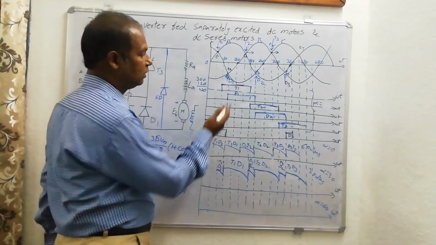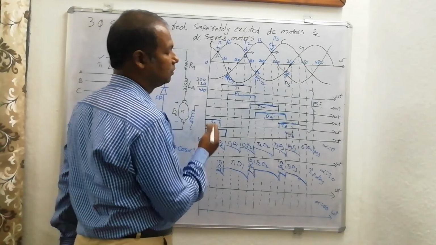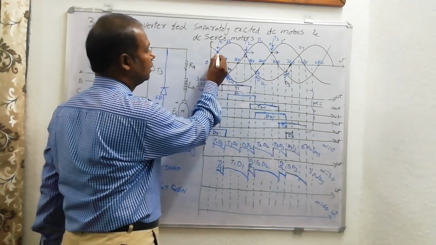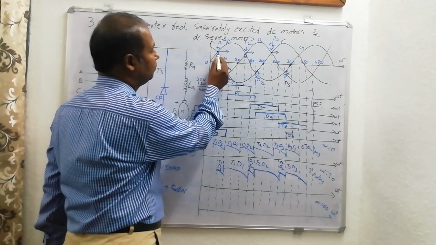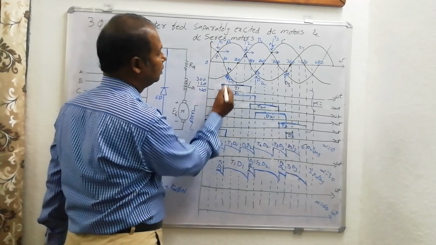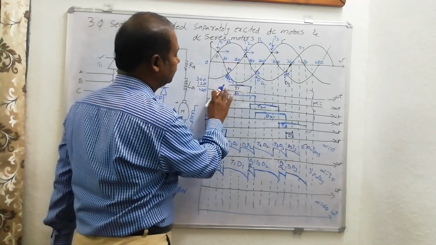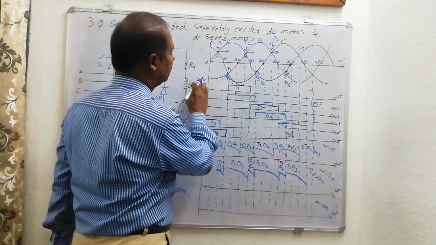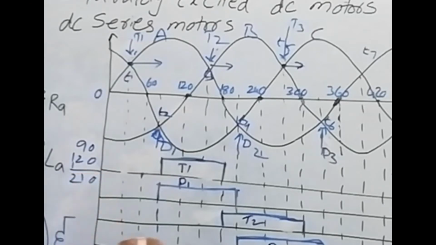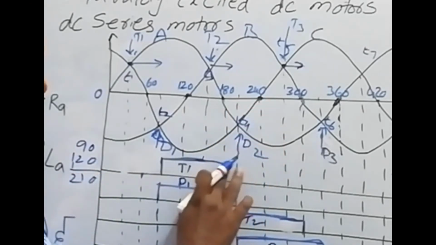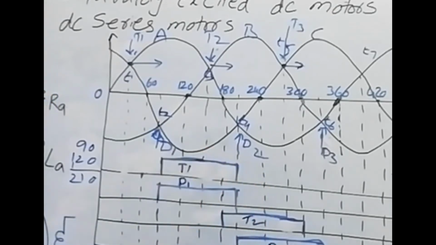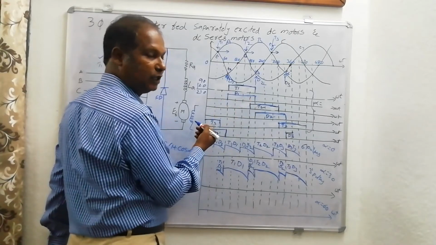Alpha value is equal to 60. That means you have to give 30 degrees delay again, so a total of 60 degrees. So you have to measure 60 degrees from here. Plus from the y-axis is already 30 degrees, so total 90. Take the 90. 90 plus 120 conduction period, so 210. Find out 210. It is triggered up to here. That is the T1. D1 is the same, no changes.